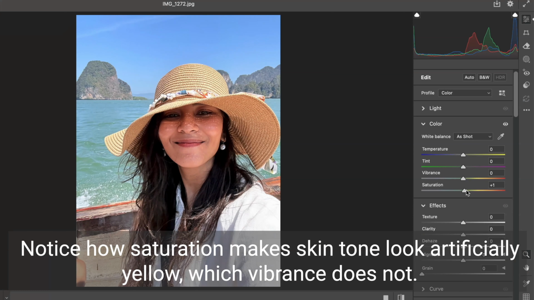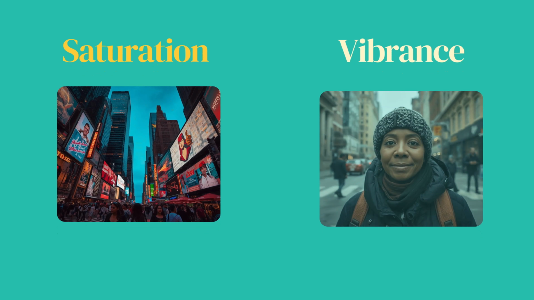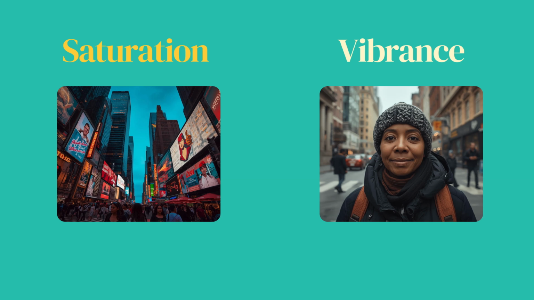Now a quick pro tip for you here. Saturation is like a blunt instrument. It turns up the volume overall in the entire picture. So sometimes you may want to use vibrance instead, especially if it's a portrait, if you have human figures in the photograph. Because vibrance is smart saturation. It looks at the image, finds the muted colors and boosts them while protecting the colors that are already saturated. Rule of thumb: use saturation for graphics, use vibrance for people.